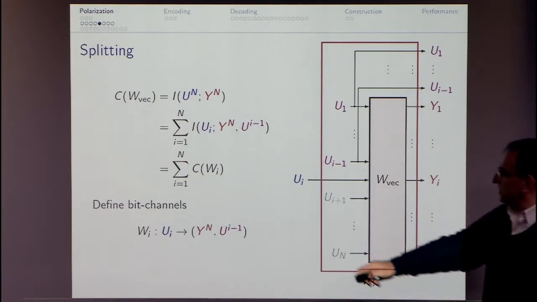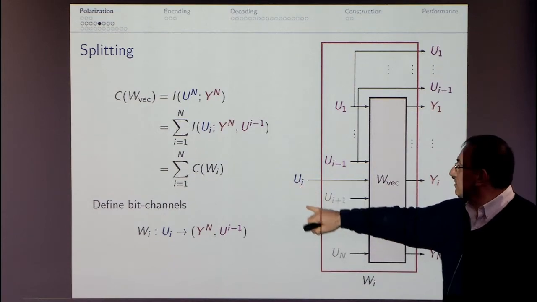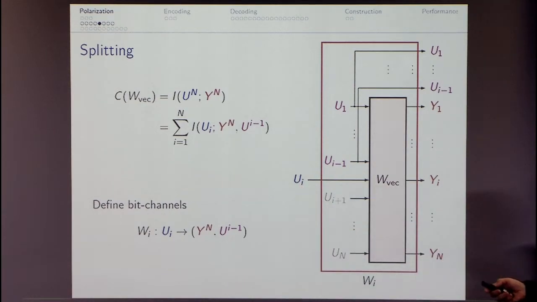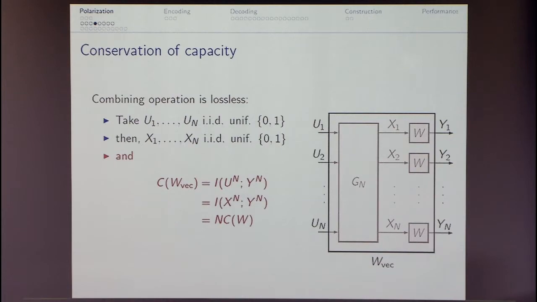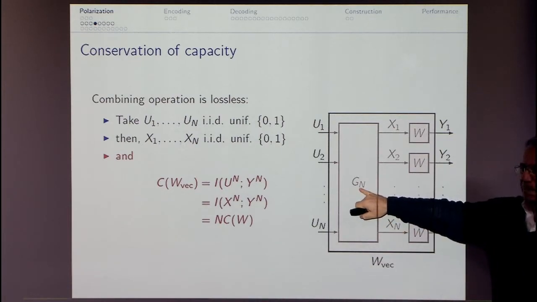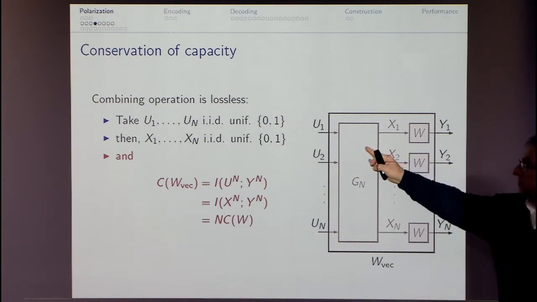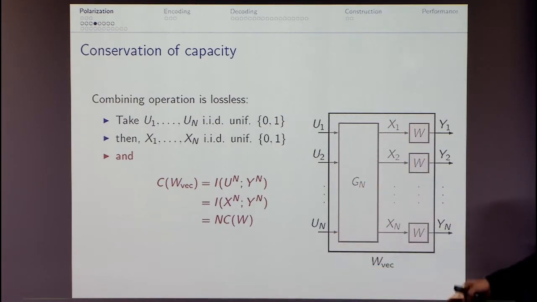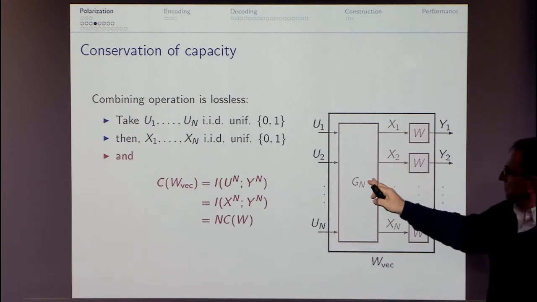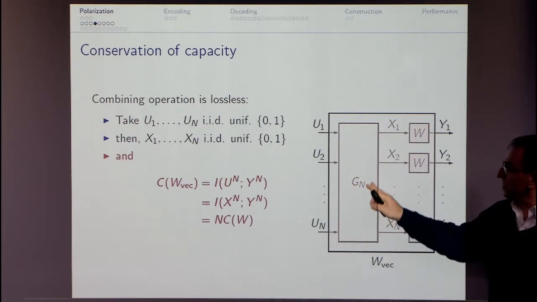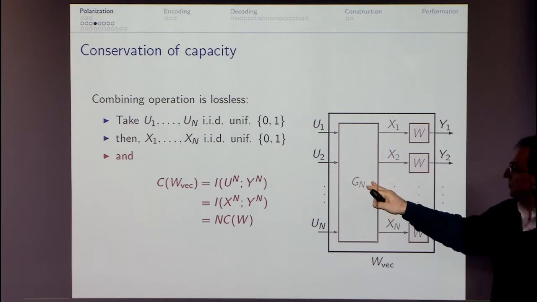Okay, that's where we need the polarization result. So we certainly cannot hope to have this thing work with every GN. For example, say you take the identity mapping in here. Obviously, all the bit channels that you've created are exactly the same as the original bit channels. So what you need is polarization, which means you need to have here good mixing properties in addition to having